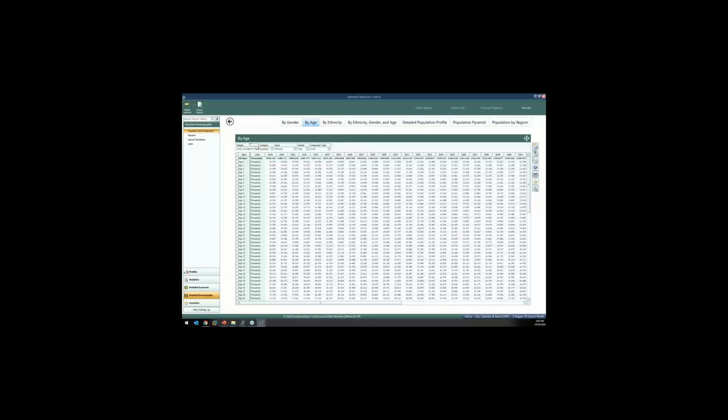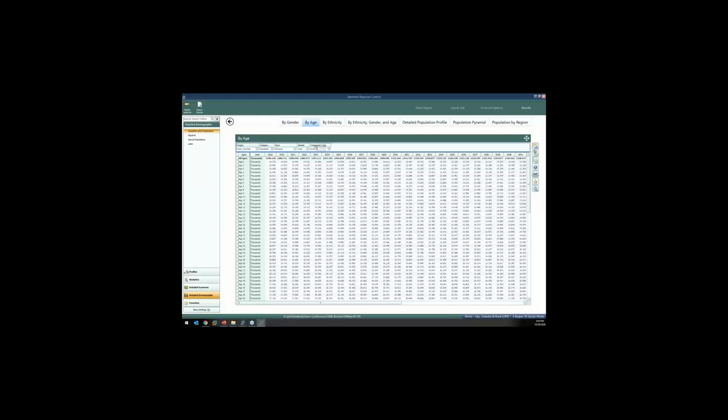Now I'm going to take a look. This is the part that I enjoy here. We're going to look at the results for a second, and we've done a bunch of work here to make this easier to use. And I can tell you that it's a good feature because every time I use an older model, I get irritated that it doesn't have these features. So what we've done is we've added drag and drop pivoting. So how many people noticed that? Not many, huh?